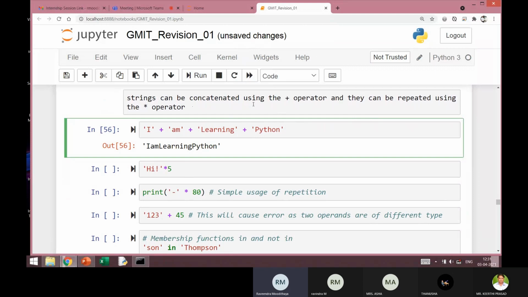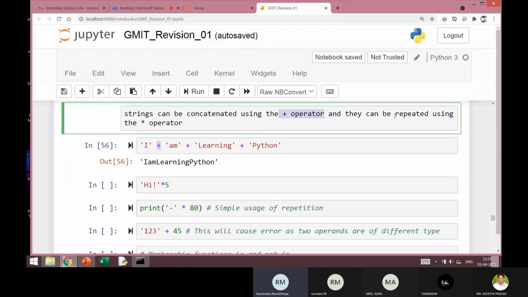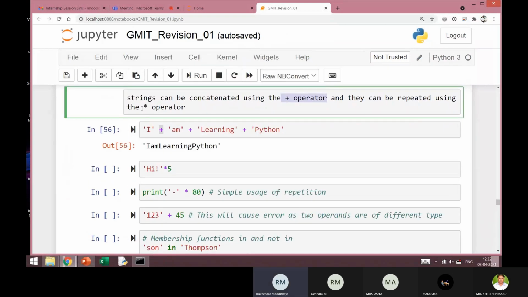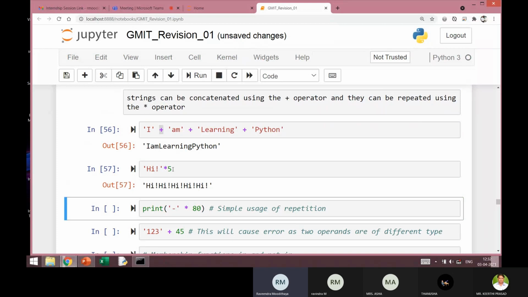Now I can do 2 operations on the string. One is this plus. The plus operator can be used on a string, and you can also use the star operator with an integer. So what happens if I use a string 'hi!' and multiply it with 5? You can see that it is repeated 5 times.